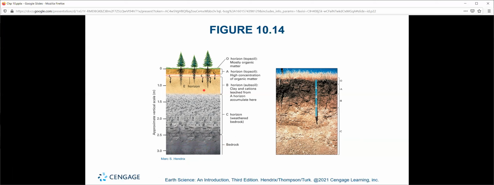And you can usually tell by color, right? Look at this image here. Your A horizon is your nice black dirt that you want to grow your plants in. And as you go from B to C, it lightens up because you're losing your organics, you're losing your water, et cetera. There may be an equal clay amount between A, B, and C, but the clay is not the thing you care about. You can have a very clay heavy soil, but if you also happen to have a good built up soil of nutrients, things can still work in your favor, although you don't want clay heavy soil. It's more of a gardening thing than a geology thing at this point.